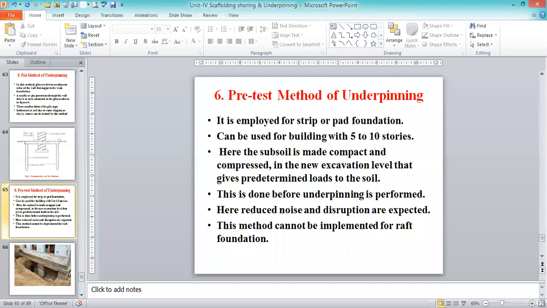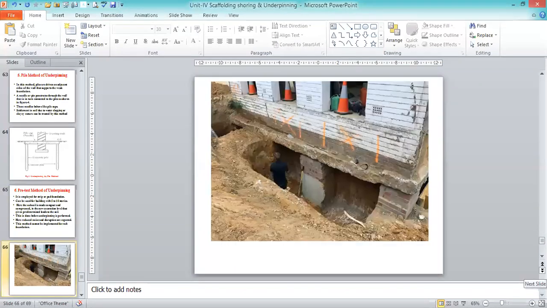This last method we are going to use for more stories, and it will take more time to give the treatment itself. And now we can go through the various figures and see how this is called the trench method.